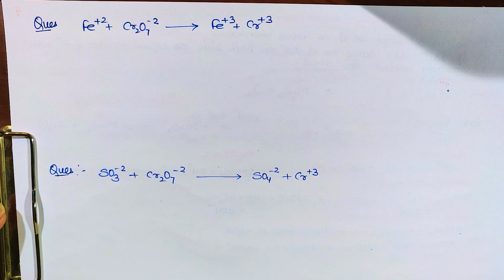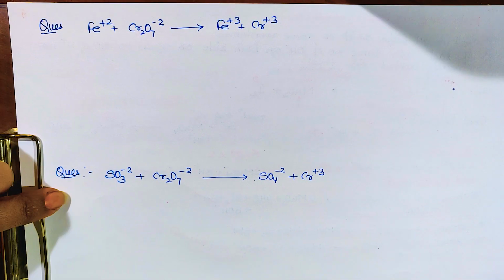I have explained how to balance the chemical equation by the ion electron method, and in that I have given you four questions, two for acidic and two for basic medium. So I hope you got how to solve this. I am just solving it here. You are supposed to match the answer, whether you have done it the correct way or not. Okay, so let's start with this.